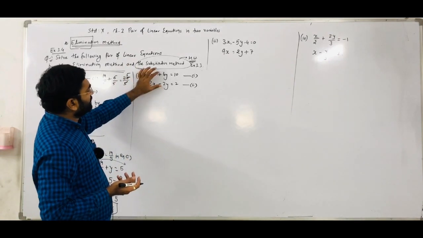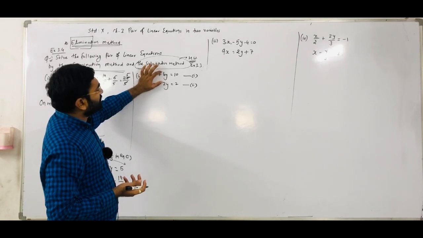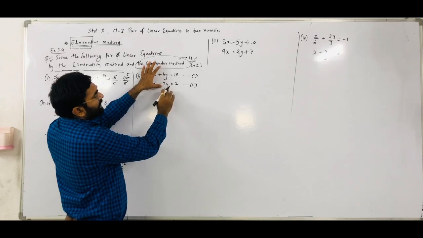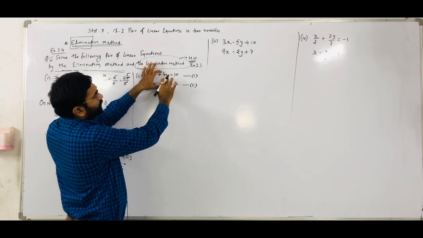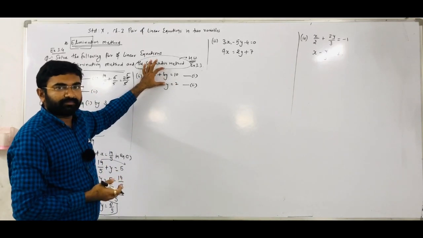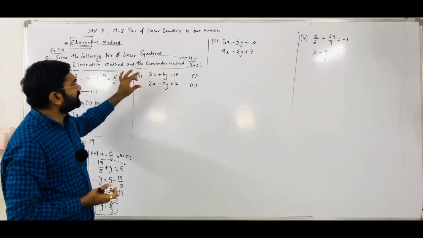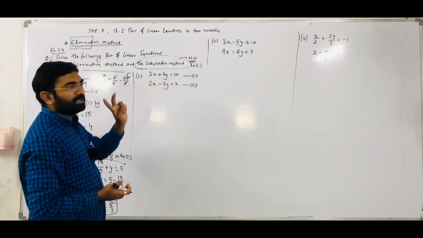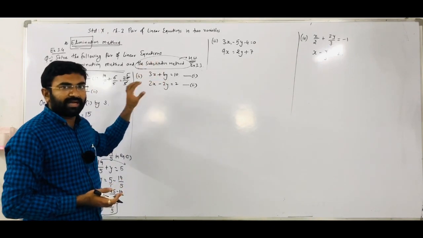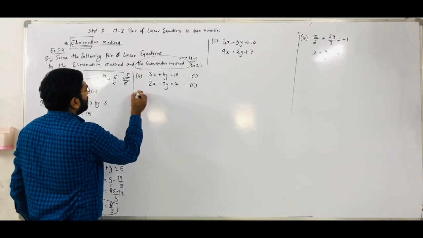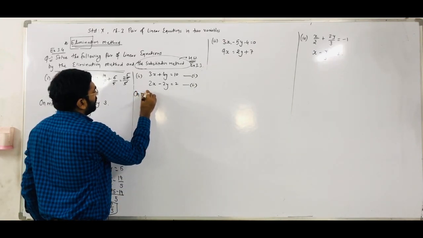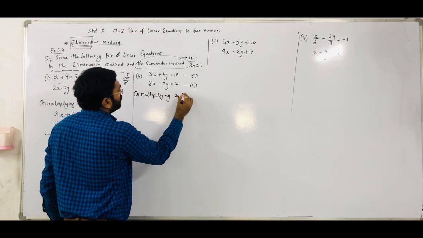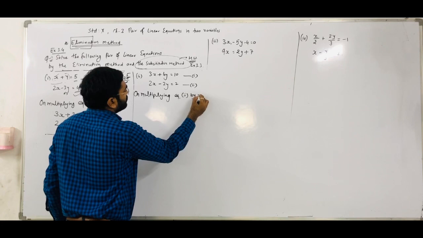So both equations we need to multiply. But in place of that, observe here in the first equation there is 4y, here is 2y. So it is very simple. If I multiply equation number 2 by 2, then here is 4y, here is 4y. So both terms become the same, right? So that is very easy compared to multiplying both equations with some number. Only equation 2 we need to multiply by 2, so we get the y terms' coefficient the same, right? So that's why on multiplying equation number 2 by 2, right?